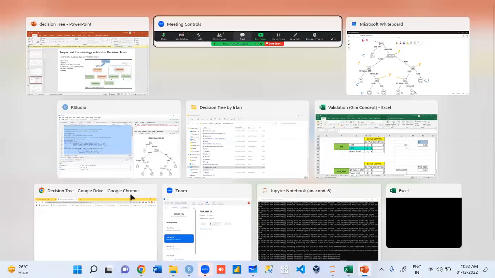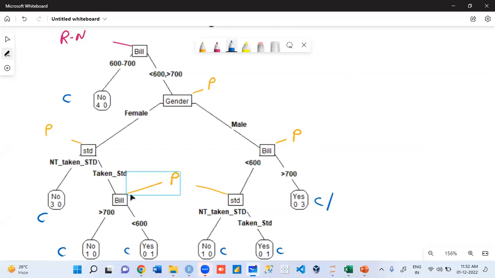The last node will be your child nodes, and the middle one is parent node. Anybody want me to repeat anything, guys? I'll repeat for you because I am going to come to the, okay, third one.